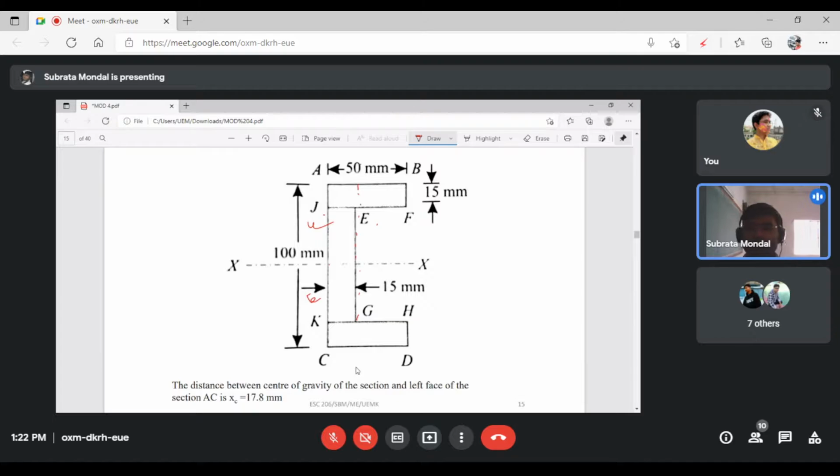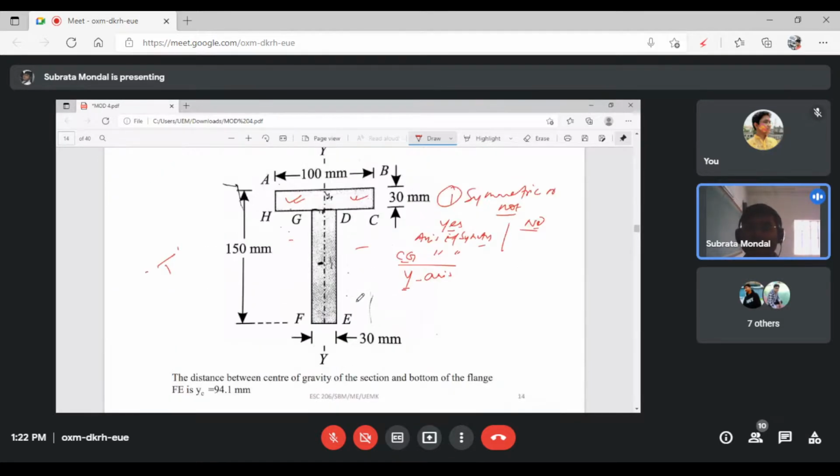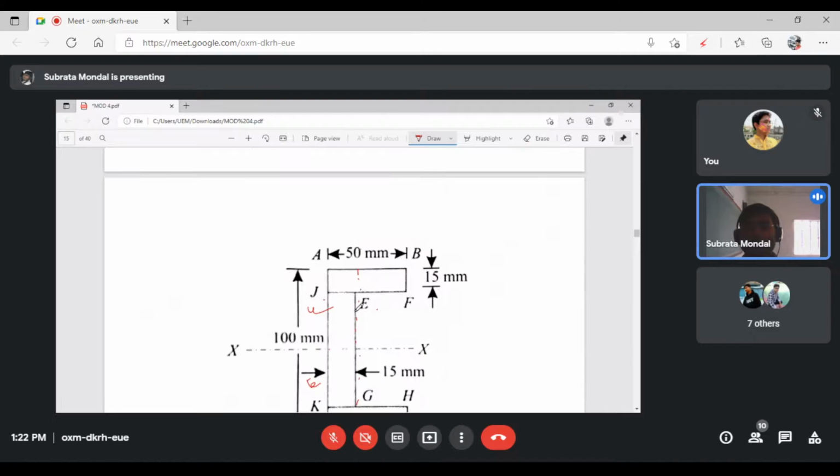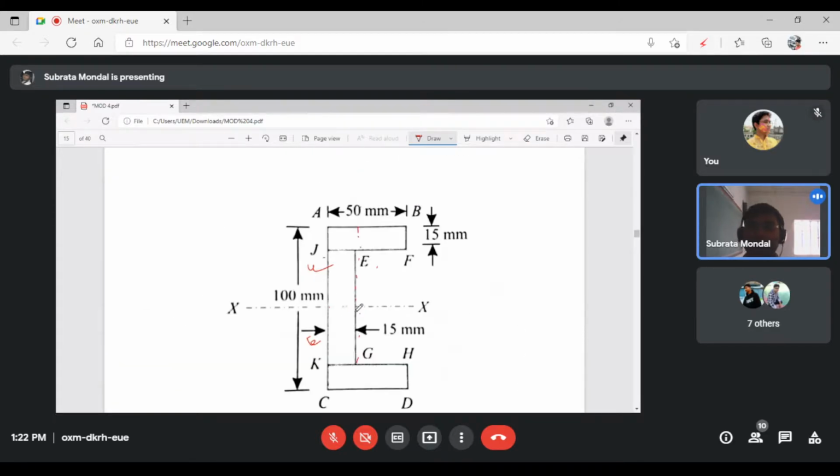This is why these are known as symmetric figures. For a symmetric figure, it is very easy to calculate the center of gravity. Because it's a y-axis symmetry, you only have to calculate the value of y bar. Similarly, in this case you have to calculate only the value